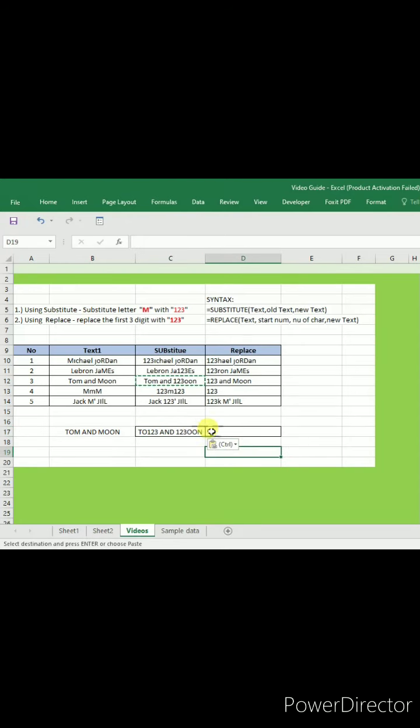So as you can see, M is being replaced with 1, 2, 3, and here also the big letter M is changed to 1, 2, 3. So this is how you combine these functions to save your working time,